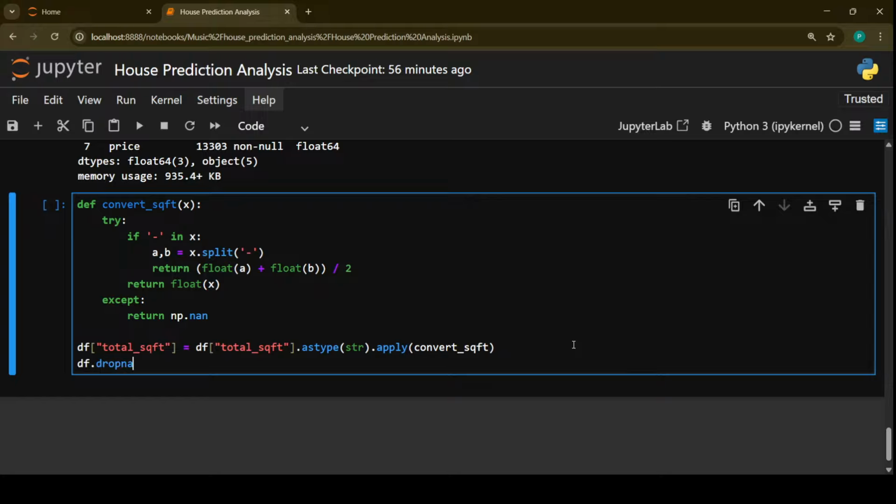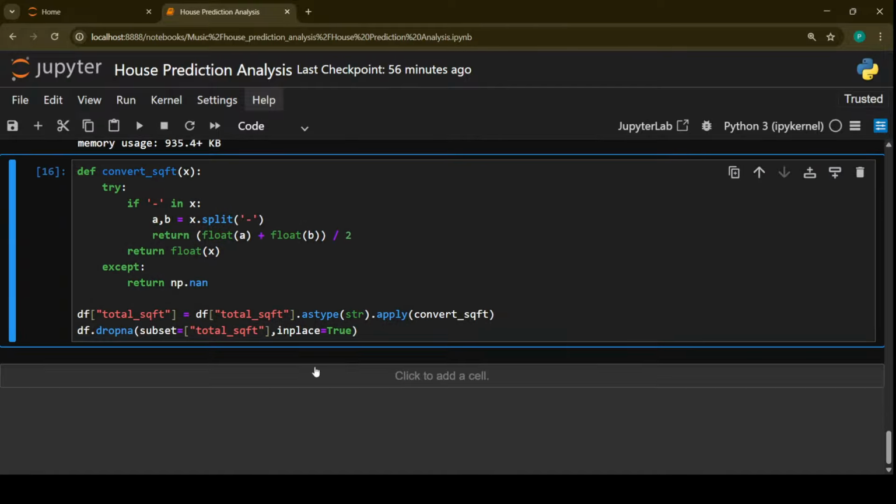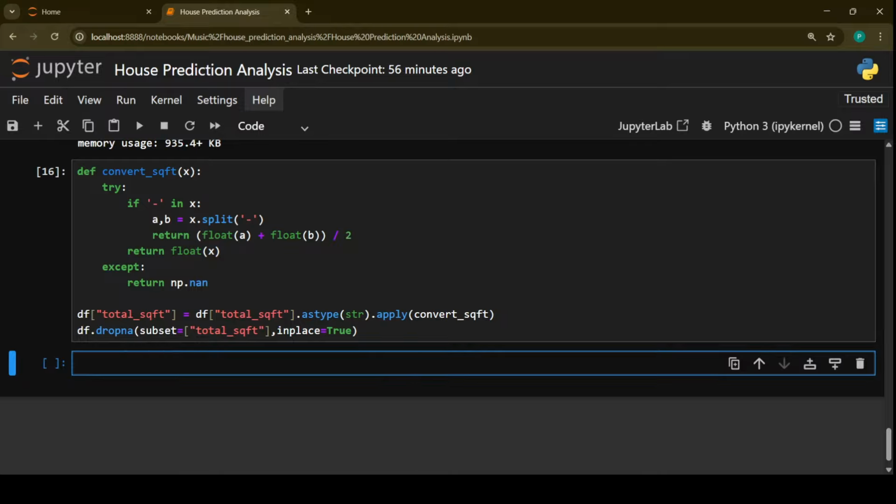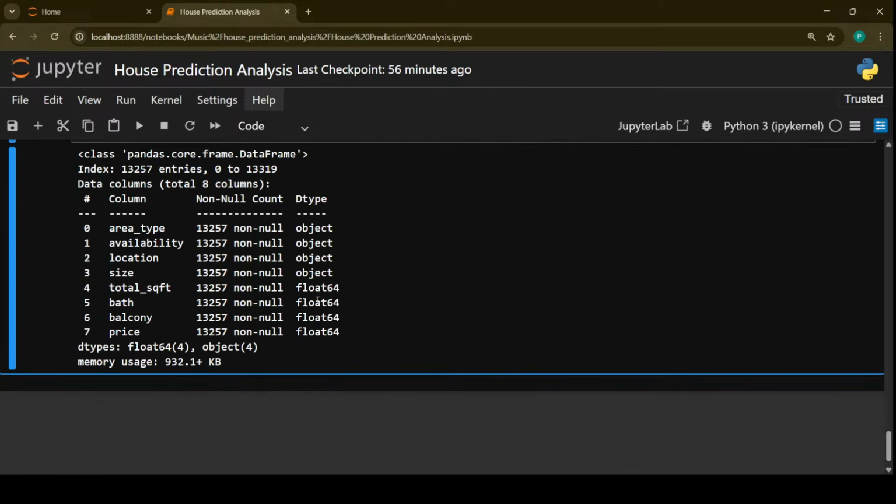So we need to delete the object one. Let me execute this cell. So it has been successfully executed. So we have successfully changed the data type. Let's just verify it one more time. So you will see total square feet has now changed the data type to float 64, meaning float data